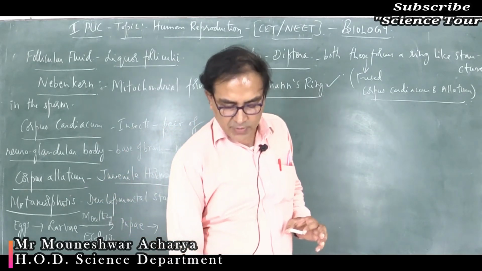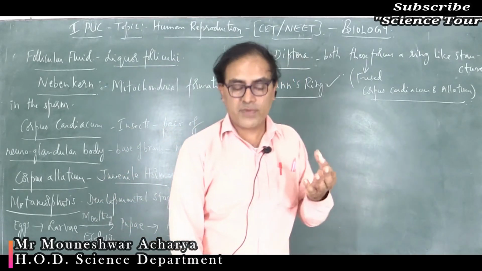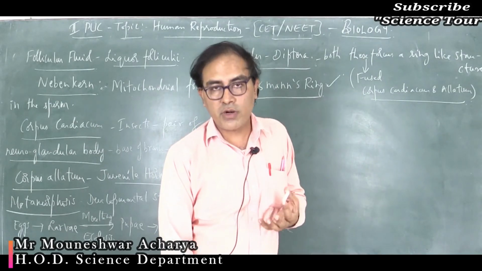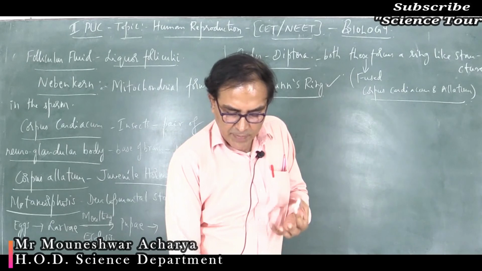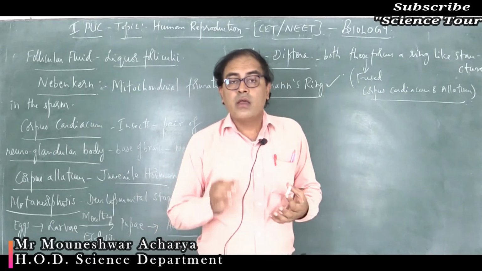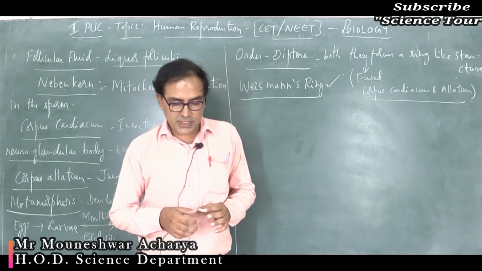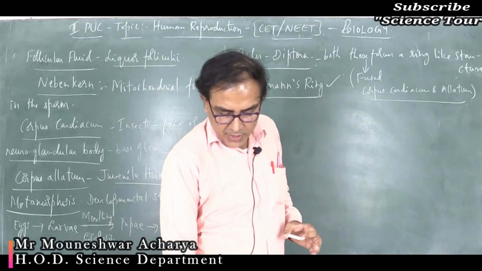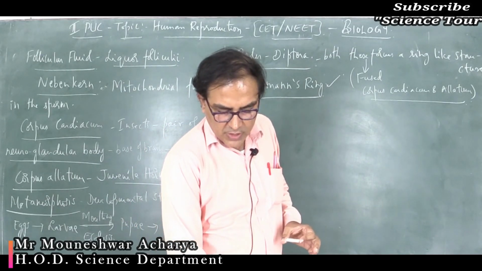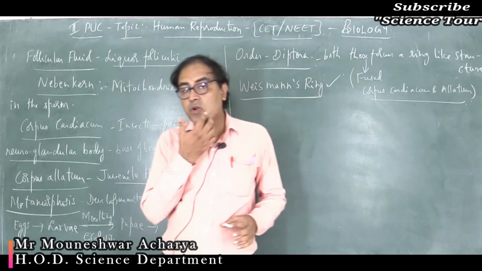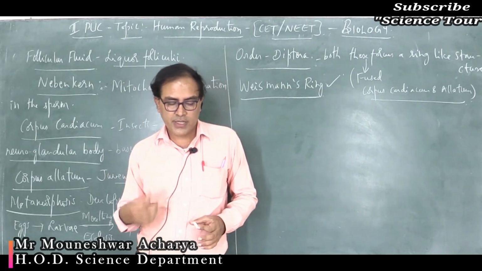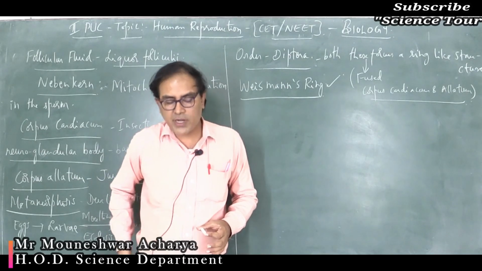So where does it take place? It cannot take place outside the body of the female. It has to take place inside the body of the female. So the right option is option D, that is female reproductive tract. Capacitation occurs in the female reproductive tract, neither in the rete testis, nor in the epididymis, nor in the vas deferens. These are all different parts of the male reproductive organ, and it takes place inside the female reproductive tract.